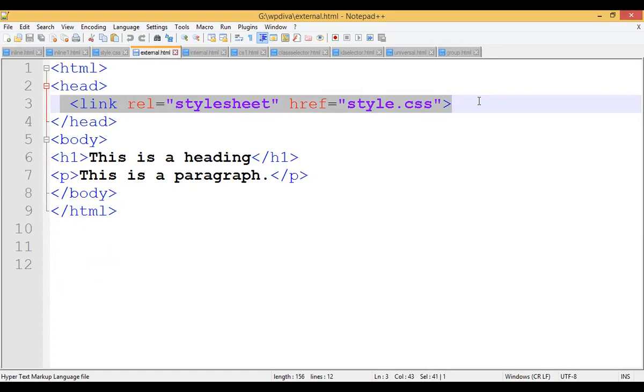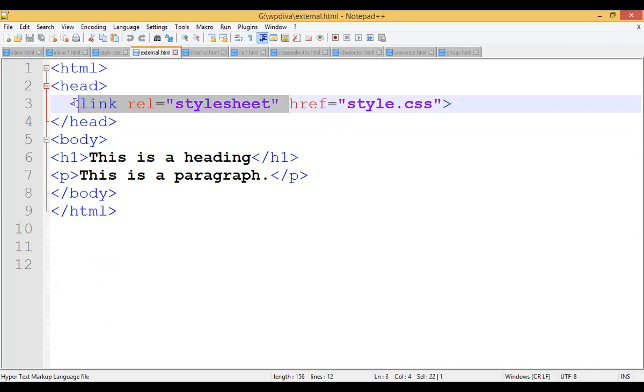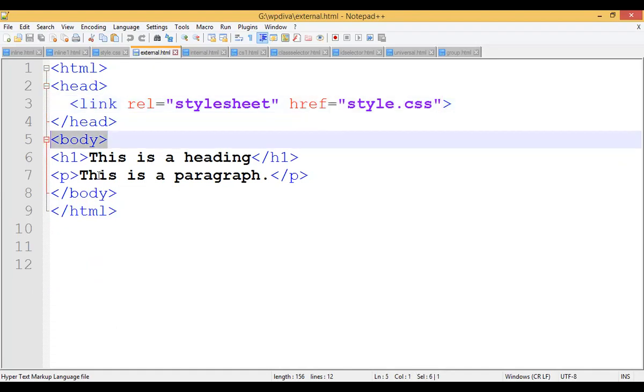After importing, these values are compulsory: link rel equals stylesheet is compulsory. Href equals style.css is the name of the file that you are importing into your external HTML code. So when the body tag comes, the properties applied to body, h1, p will get applied to this. We had already seen this.